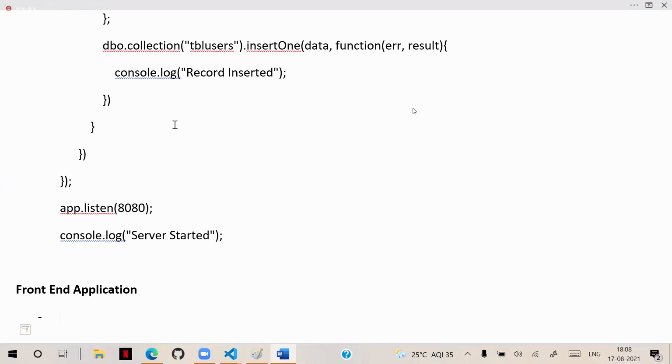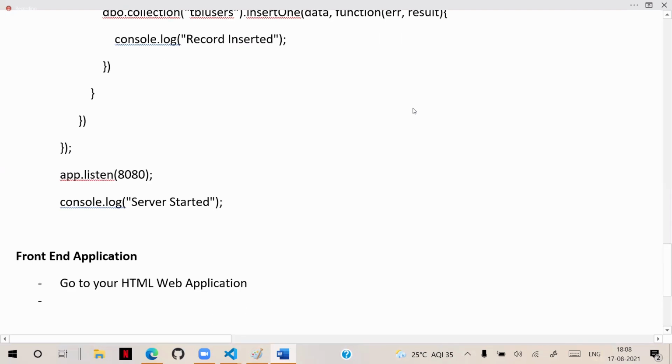Now we will go to your HTML web application. That is your front end web application, where you already have jQuery, Bootstrap, everything installed. Here we need to add the following pages.